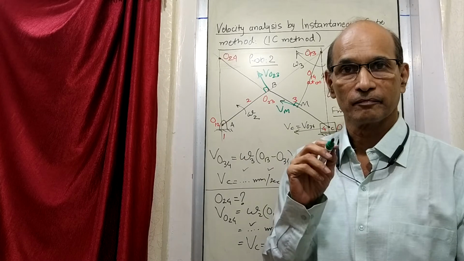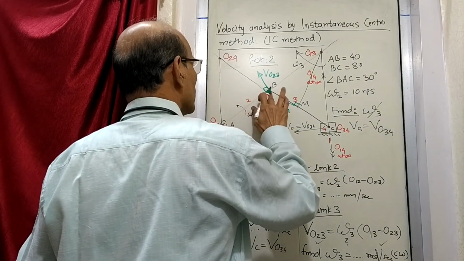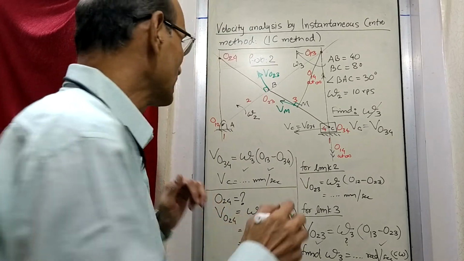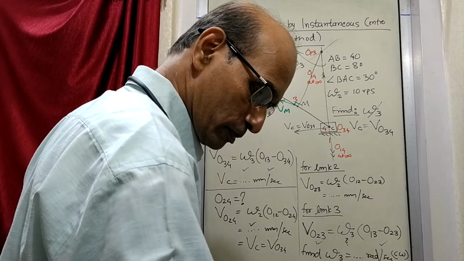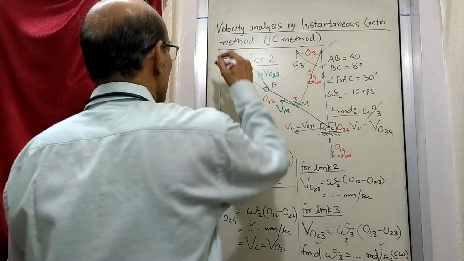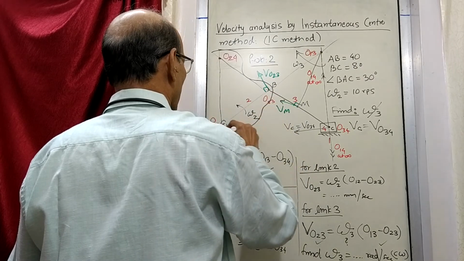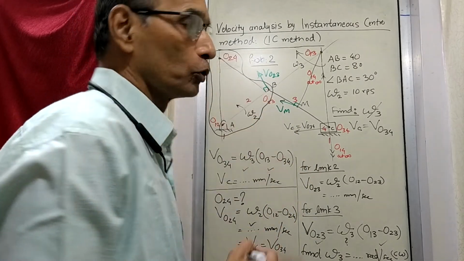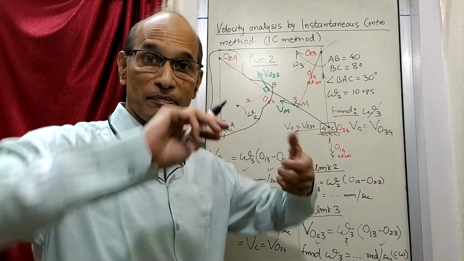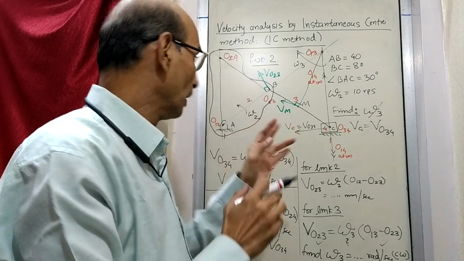It can be anything. So, suppose I modify this line, modify the shape of the link number 2, and I say that the link number 2 has got a shape like this. This is the shape of link number 2. It is a resistant rigid body. That means it will not move like this. It will not deform like this. It is a very rigid body. But its shape is